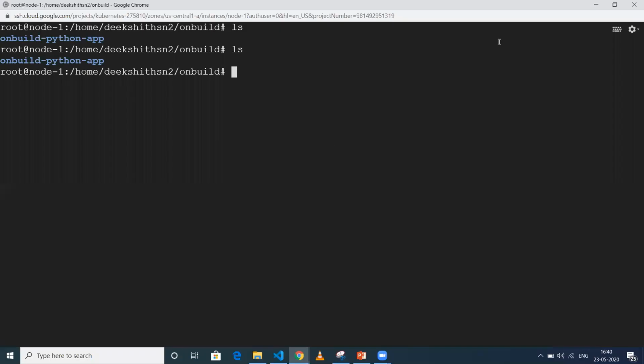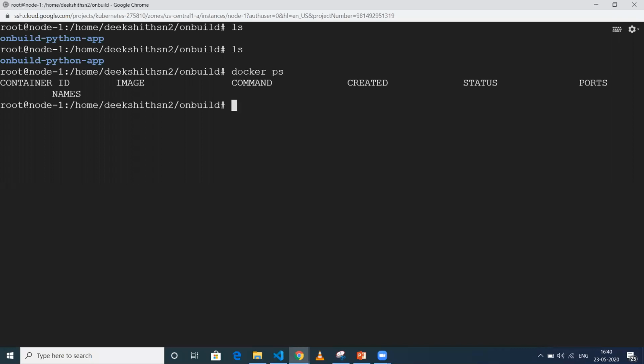So this is my Docker machine. When I do docker ps, no running containers are there. Let me write one Dockerfile. I'll use the vi editor and name it Dockerfile-parent. In this, I'm going to use BusyBox as my base image.